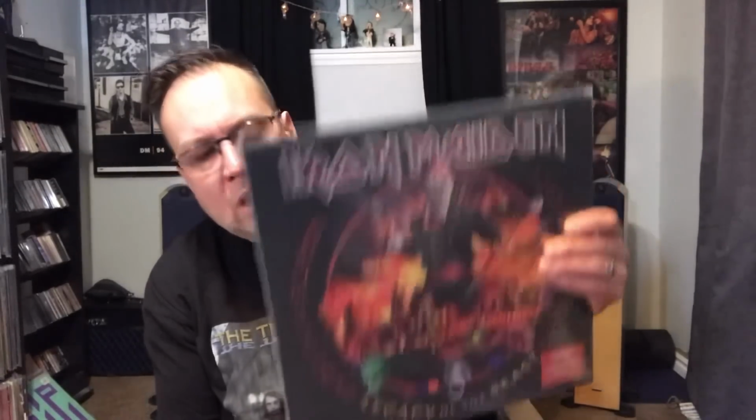The new Iron Maiden. Nights of the Dead, Legacy of the Beast: Live in Mexico City, triple vinyl. And stellar track listing. And I have to say, for the umpteenth time in a row, it's a very underwhelming recorded album. The playing's fine. The playing is fine. And I posted about this on Instagram. I don't know what's wrong where they can't